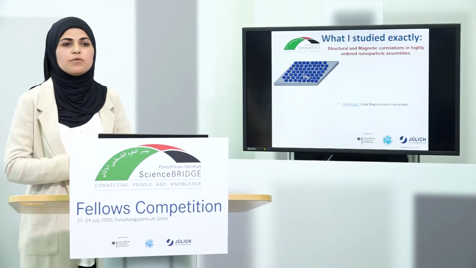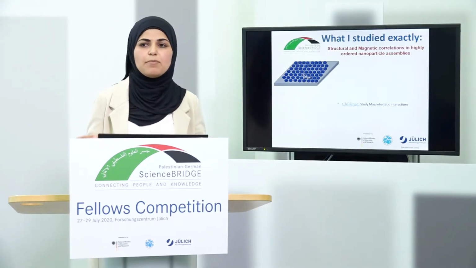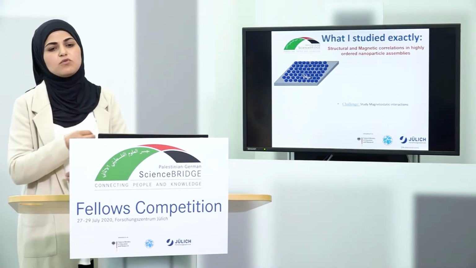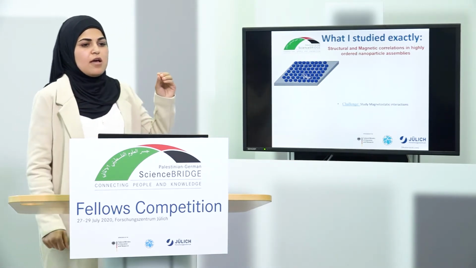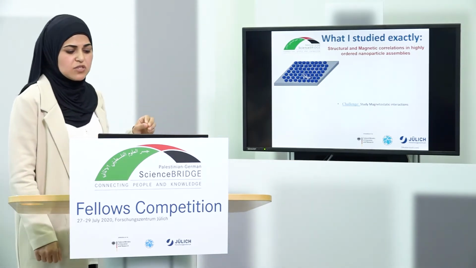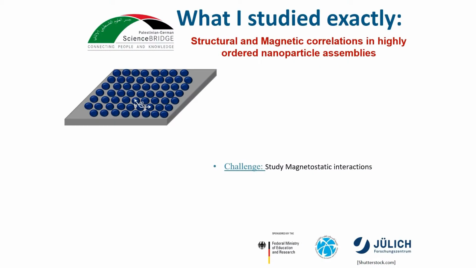As I said before, the idea is to get a 2D well-ordered monolayer over a large area, or a 3D arrangement, then study the structural and magnetic correlations of this structure. A regular arrangement of nanoparticles is important, first of all, in order to study the magnetostatic interaction between these nanoparticles. To the best of my knowledge, up to now, no research has been published about the magnetostatic interaction between nanoparticles of highly ordered arrangement. As far as I know, just one, in 2011, published research but about macroscopic magnetization measurement only,